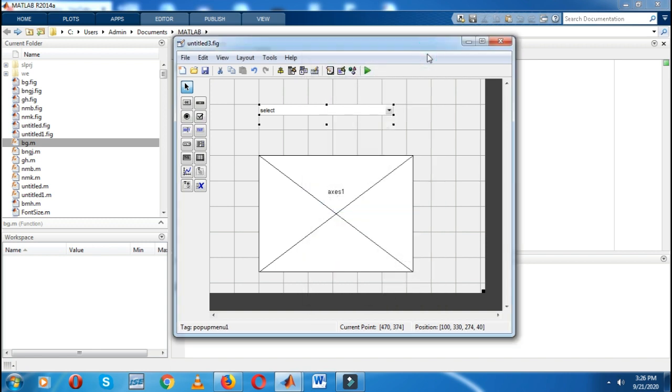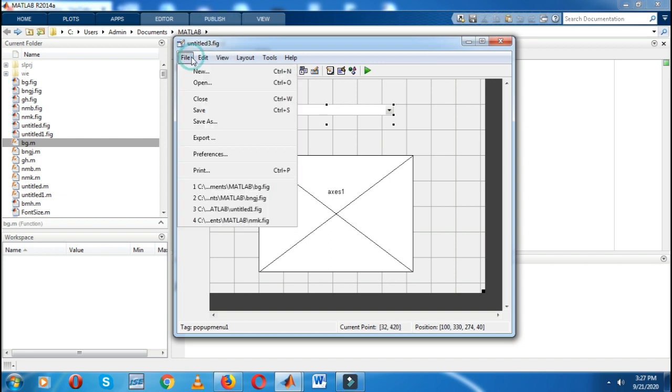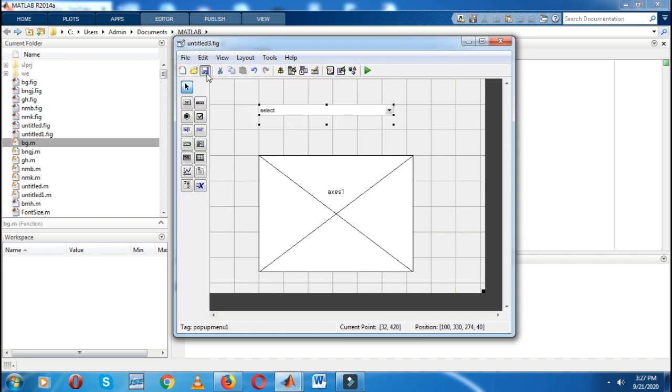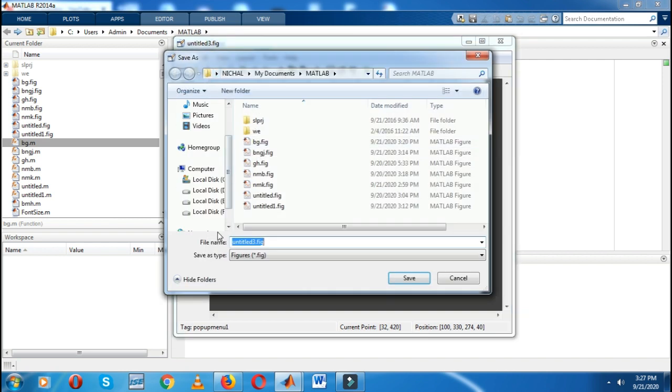After that, just save this file. Give any name, and it automatically saves with .fig extension.